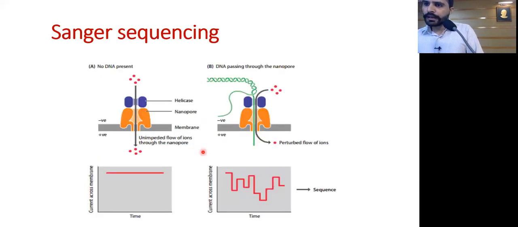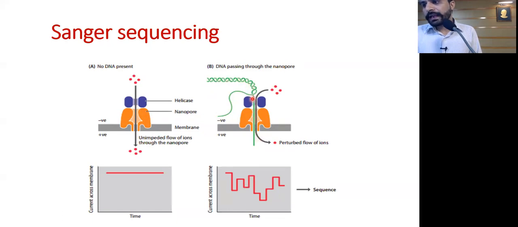So the last one is nanopore. This is not single sequencing. In nanopore, we have a protein that has a very small pore, and we push the DNA, or long DNA, through that pore. We have a potential difference, an electric potential difference, across the membrane in which the protein is incorporated. We incorporate a protein known as a nanopore in that membrane, and we try to push the DNA